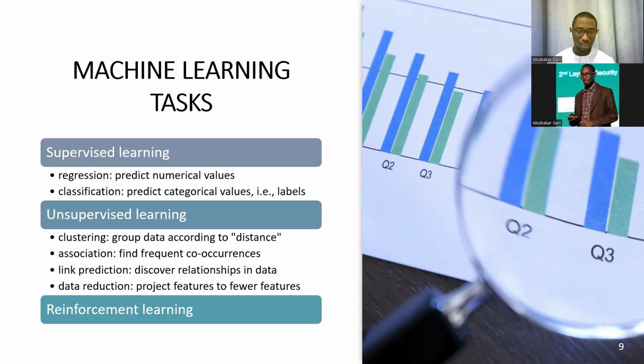So for example, let's take one example of RSI. Say on some day, the RSI value was this, and this is the closing price at the end of the day. So we have the day, we have the RSI value, and based on these two values, we want to predict what the output is going to be, or how much the price will close at the end of the day. So this is supervised learning.